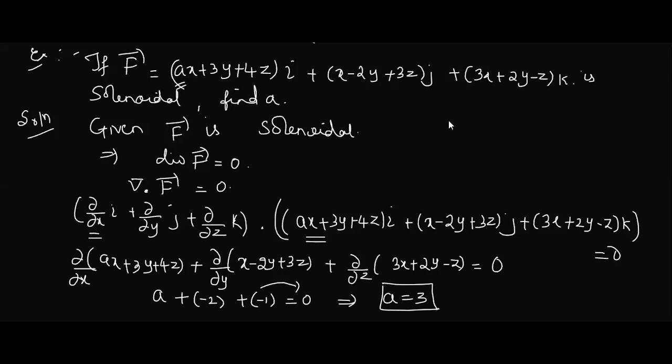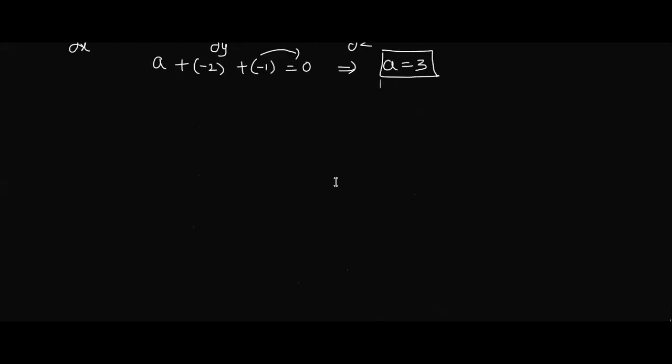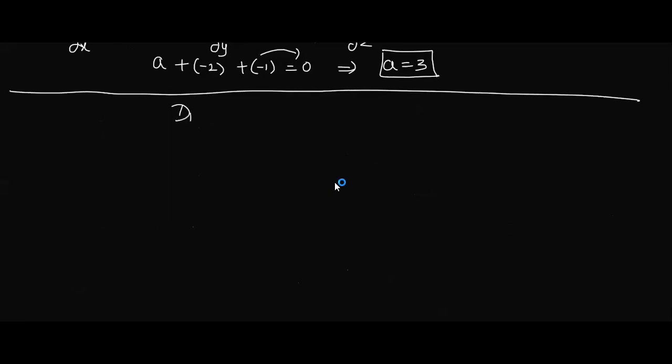Usually a problem on solenoidal fields will be rarely asked, but you should know how to do it, because a question on solenoidal cannot be extended. Now this completes the two concepts of vector differentiation. First we defined some terms and we have seen some special vector fields, solenoidal and irrotational. Now there is one more concept of vector differentiation which is very important, that is called the directional derivative.